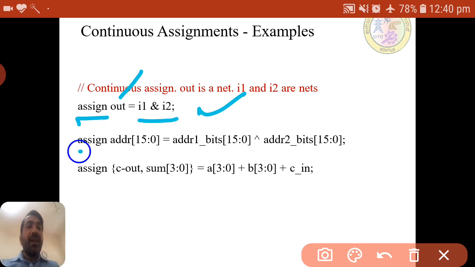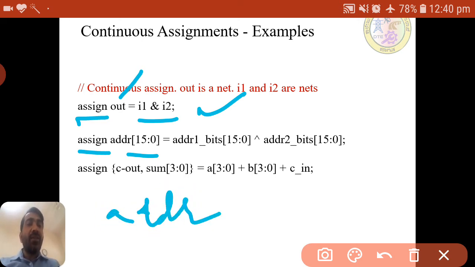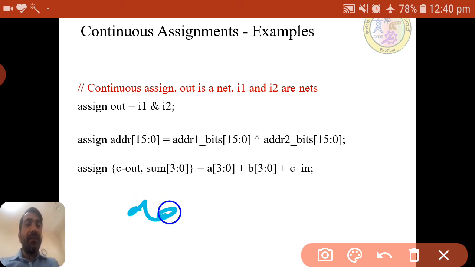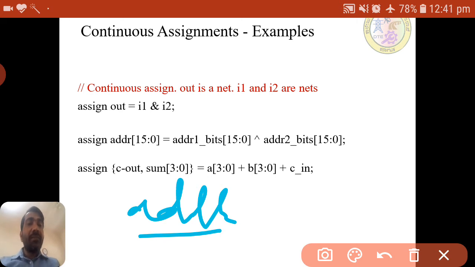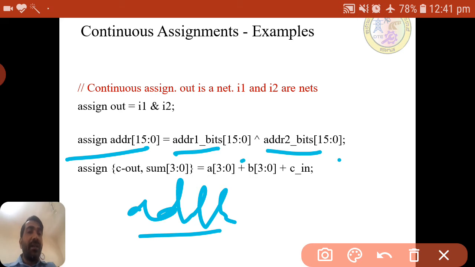Similarly, assign here, vector address of 16, means there is a net of 16 bits. For that we are assigning address 1 bits, this variable is different, address 2 bits is different, both 16 bit, bitwise XORing, and it will be assigned to the address.